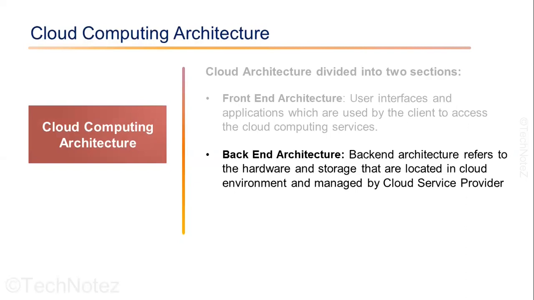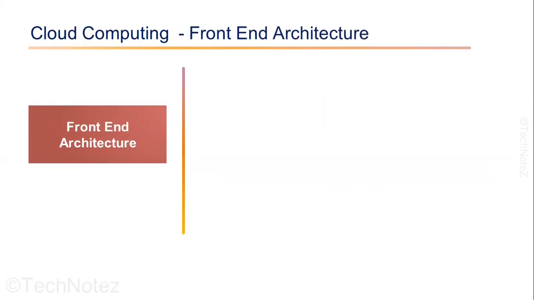So let's talk more about front end and back end architecture of the cloud computing. Front end is used by the client to access the cloud applications. Front end contains the client-side interfaces and applications that are required to access the cloud computing platform. The front end provides a graphical user interface to end users to access the application. The main front end cloud components are user interfaces, software running on the user's machine, and client devices like laptop